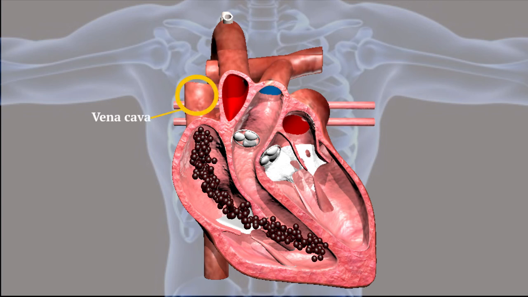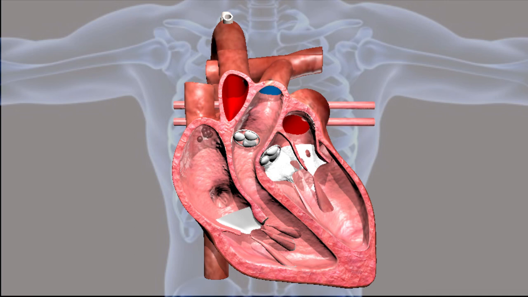So now this deoxygenated blood is then drained into the largest vein known as vena cava. Through vena cava, this deoxygenated blood then enters into the right atrium. From right atrium, this deoxygenated blood